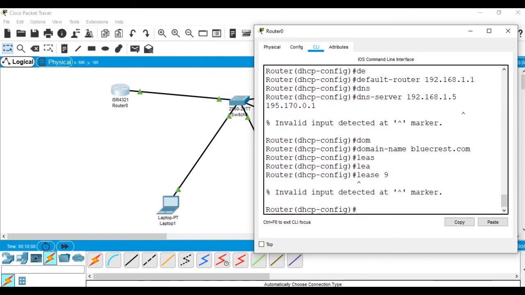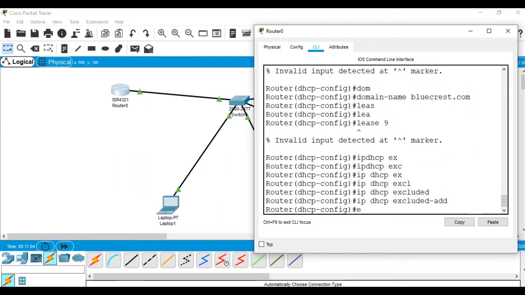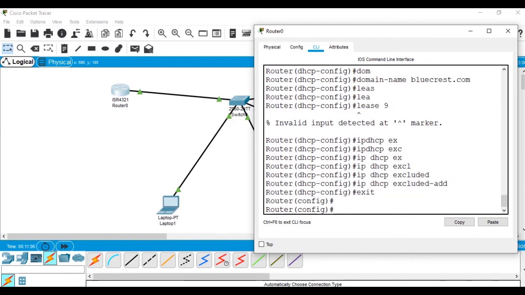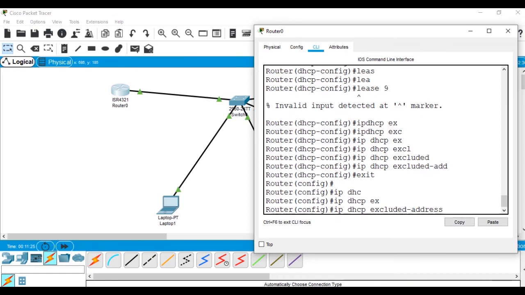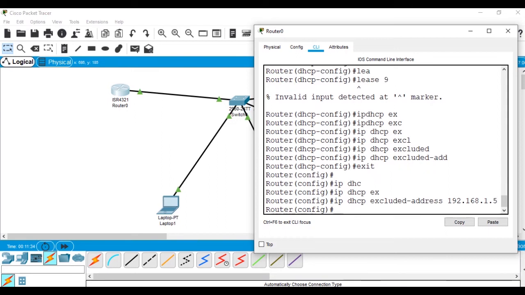So now we will provide IP exclusion. So we'll put ip dhcp excluded-address, that is 192.168.1.5, and we will also exclude the address 1.1.